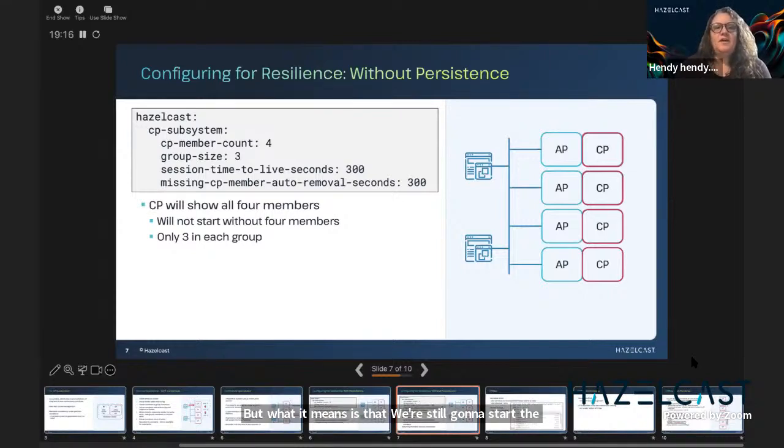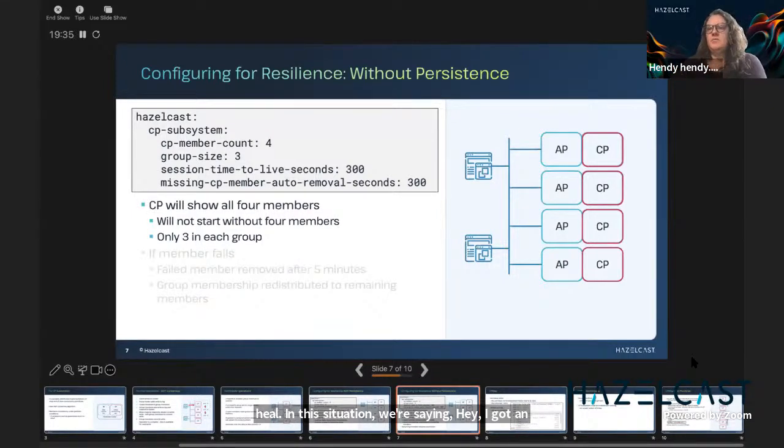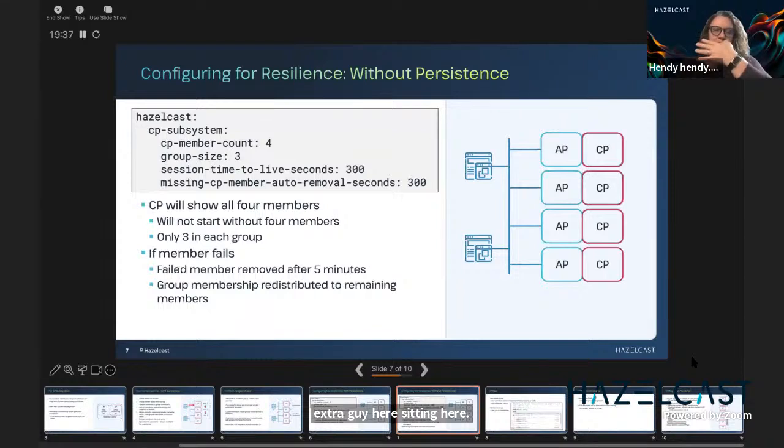But what it means is that we're still going to start the group with 3, but we have these important numbers here: time to live is 5 minutes. CP auto removal is 5 minutes. By default, that auto removal is 4 hours, by the way. So again, we're giving time for network partitions to heal. In this situation, we're saying, hey, I got an extra guy sitting here. So if there is a problem,